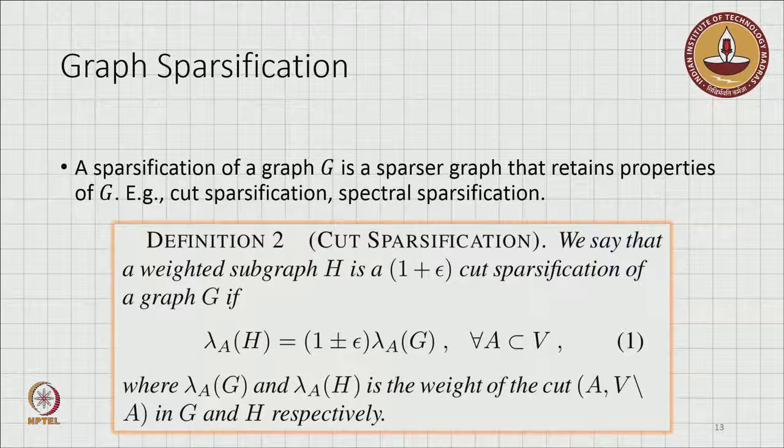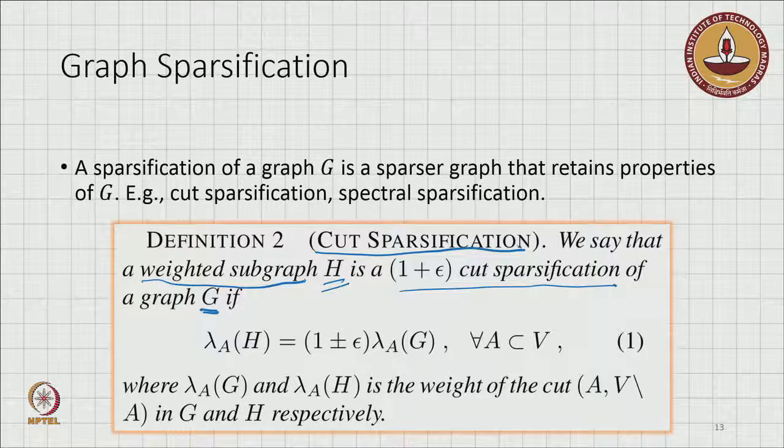So now let's look specifically at one form of sparsification called cut sparsification. Here we want to have a sparse graph that retains the cut properties of the original graph. Let me also point out that we are typically talking about weighted graphs, and so let's say your original graph is the graph G. We say that a weighted subgraph H is a 1 plus epsilon cut sparsification of the original graph G